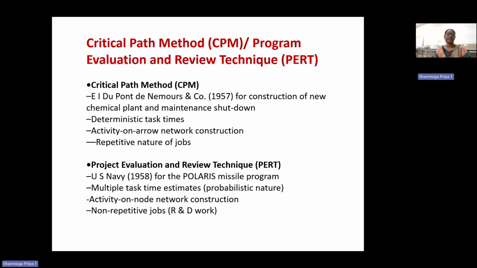DuPont and Remington Rand invented this technique in 1957 for the construction of a new chemical plant. CPM is a deterministic technique, which means, for example, A is an activity